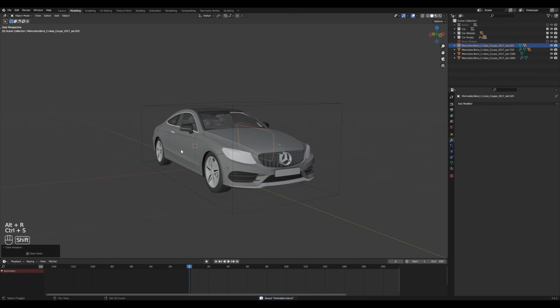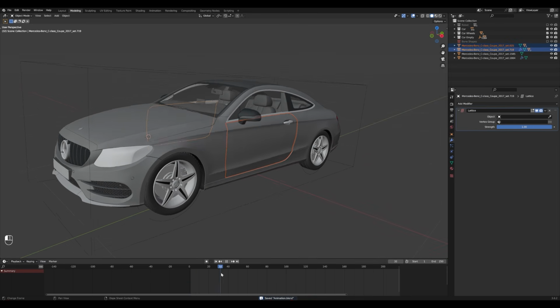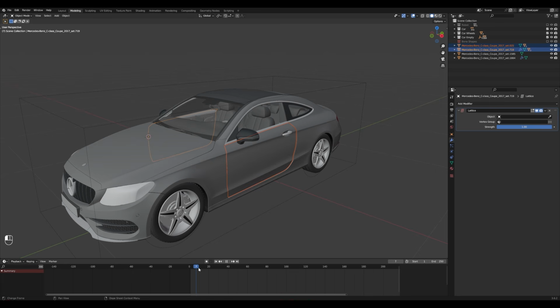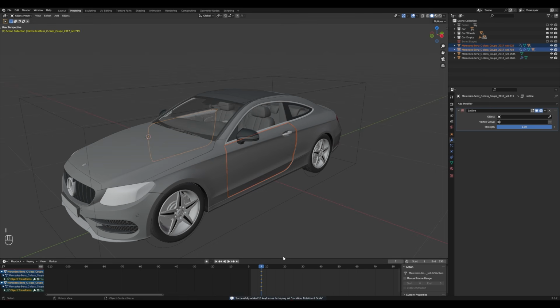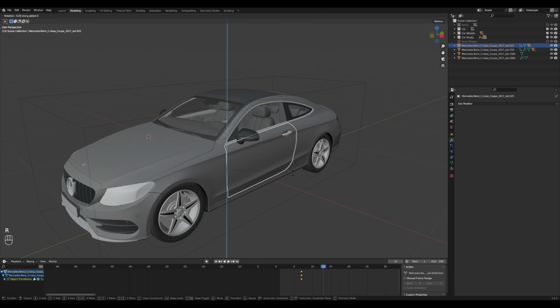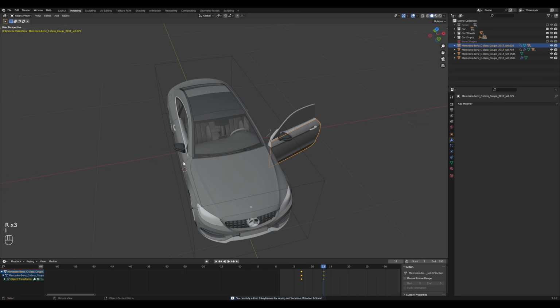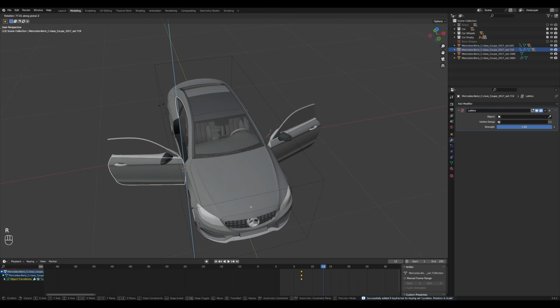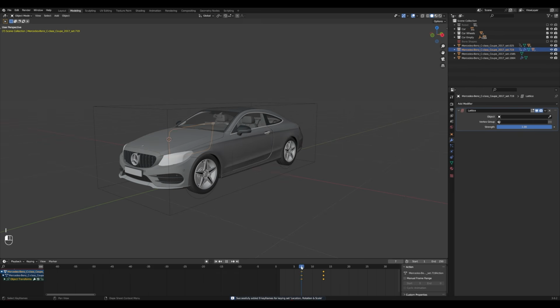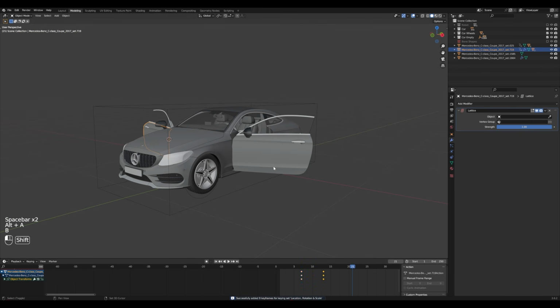Now select both the doors, come to about this frame and hit a keyframe here. Now go somewhere around here and open the door here, and also this door about here, and hit I for the keyframe. The doors are opening.